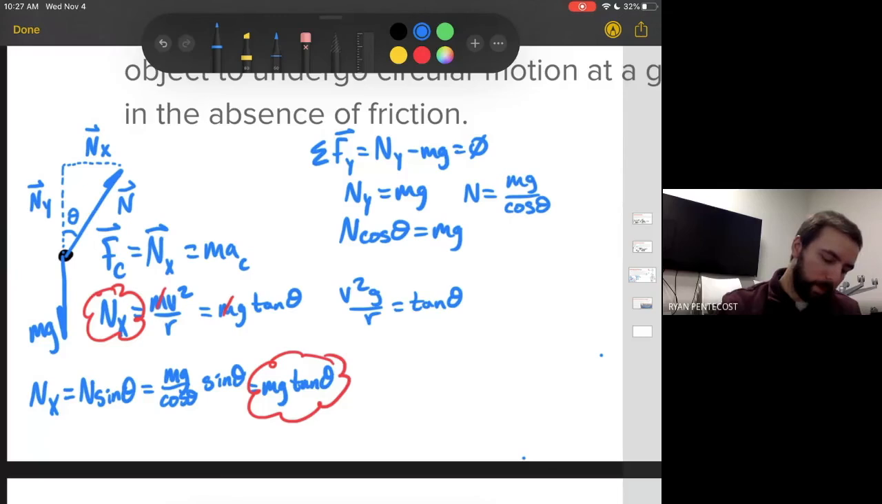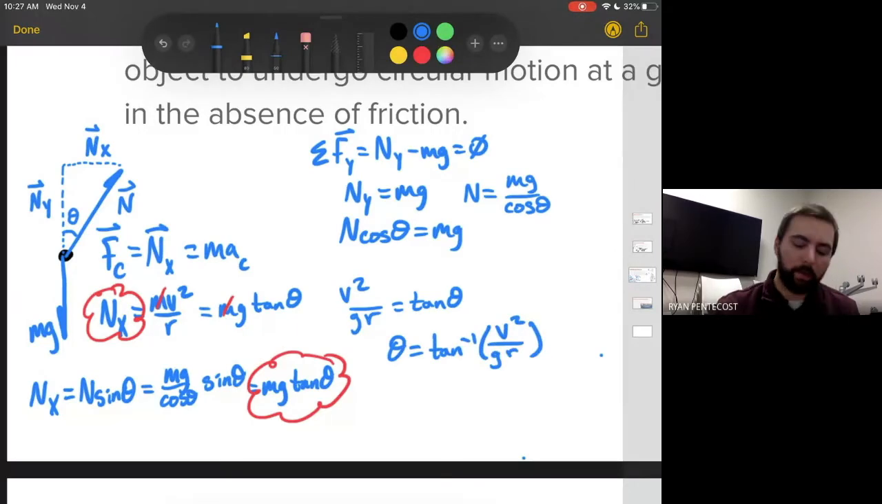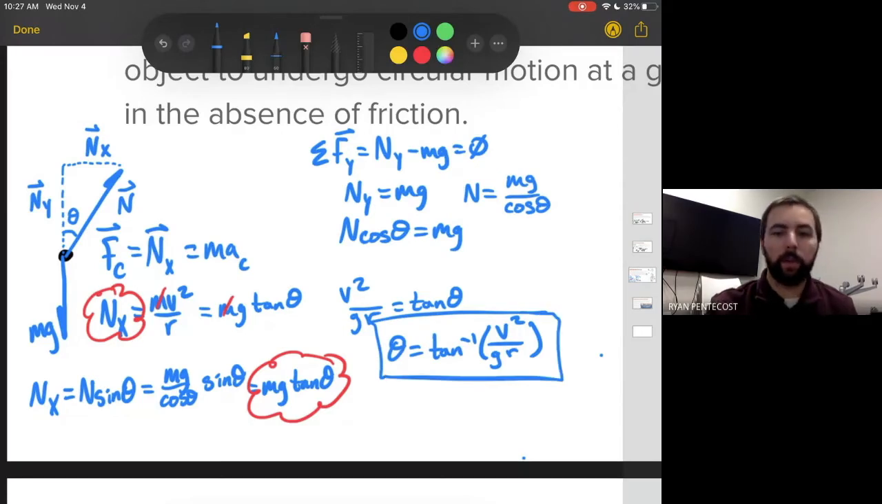I'm sorry, that g shouldn't be there. That g goes down on bottom, V squared over gr divided over. So theta equals the tangent inverse of the speed you need to go squared divided by g and the radius of the turn. So this can be applied to whatever circular path we want to take